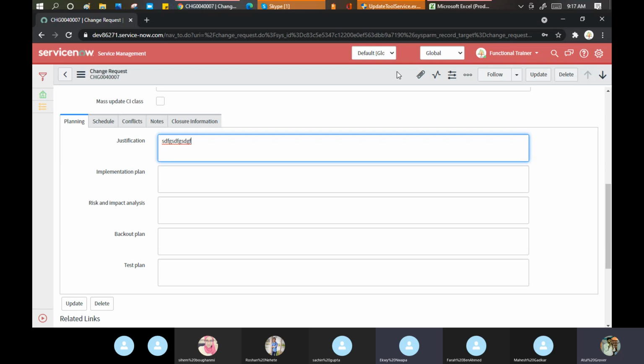Okay, so Sachin, let me give you a homework here. Today when you log in during your official hours, try to see the difference between save and update, and then you will come to know why the two buttons are given. I will not give any answer on this as of now. I can tell you from my own standpoint, if I have an incident form and I hit update, it keeps all the information. If somebody else accesses it, they see that information. Then once I hit save, it closes out everything and lets me out. That's what I know. I hit save to take me out of the entire form.